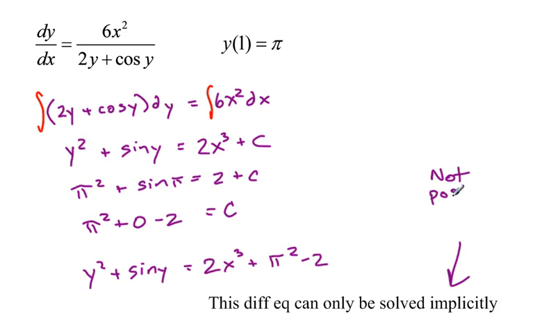Sometimes we define things implicitly that could be solved for y, but it means that it's not solved for y. Not solved for y. Okay,